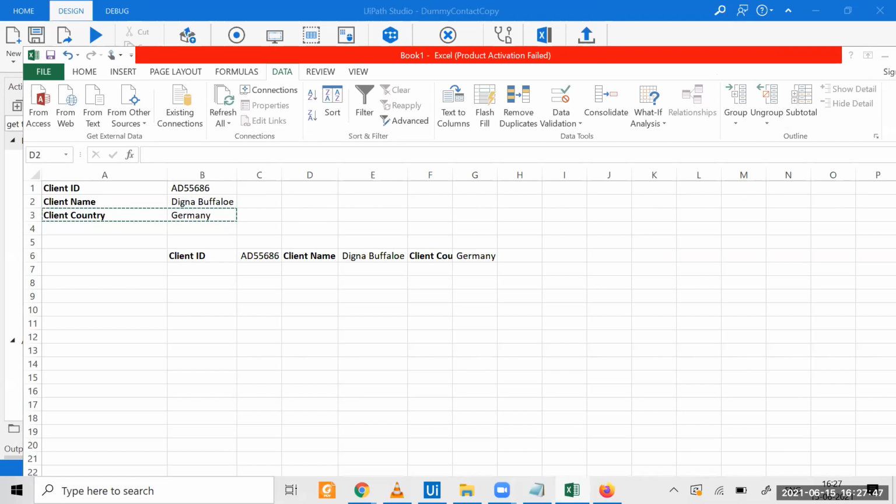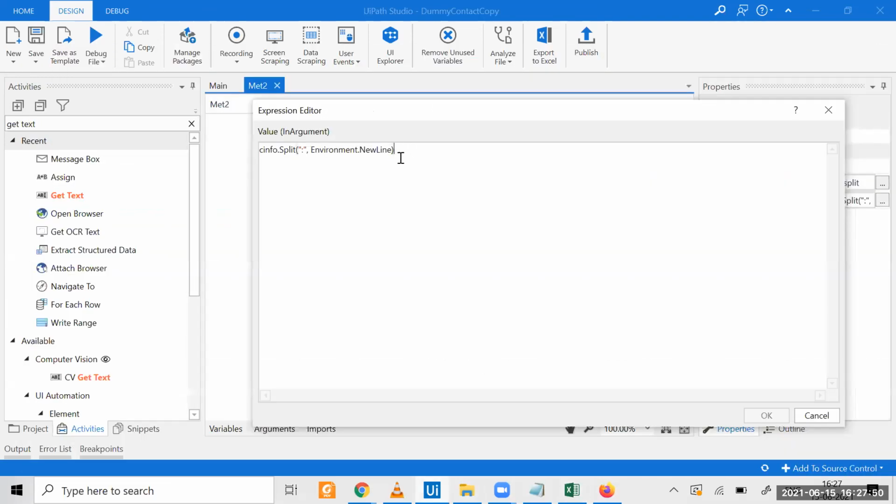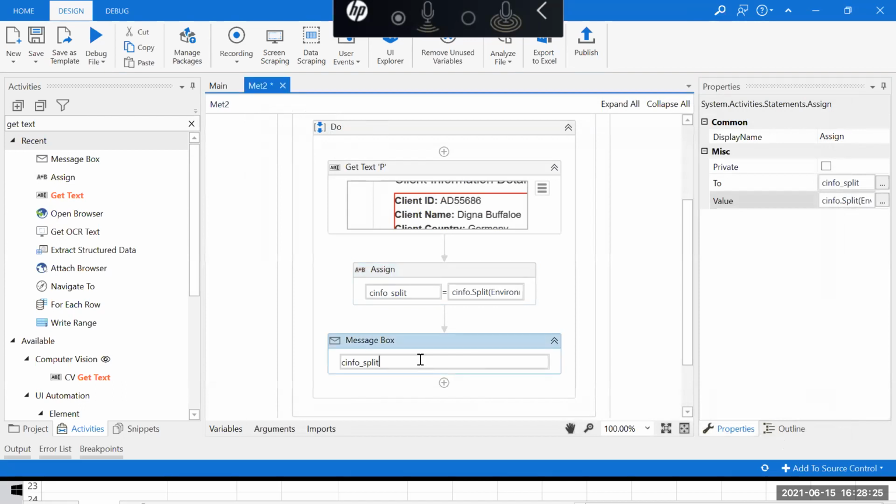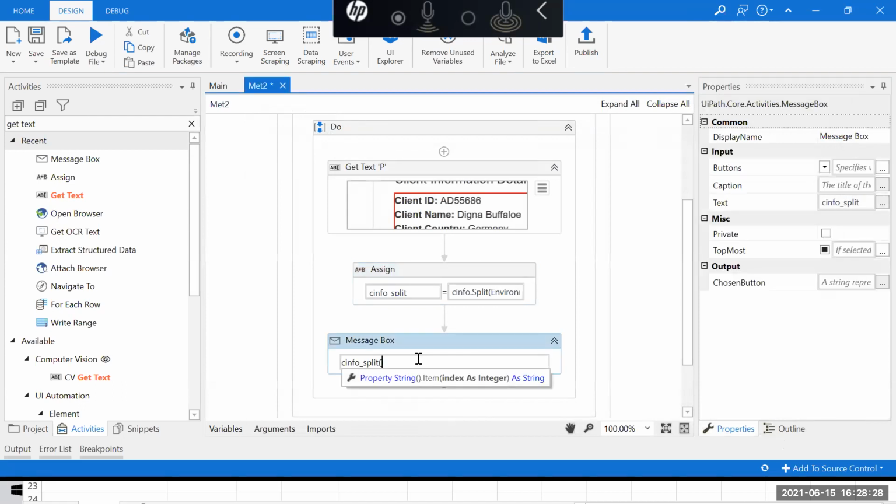Is anyone able to see why this new line is not working? Let's see, I'm testing something. See info dot split. I'm just checking whether it is able to pick the new line or not.